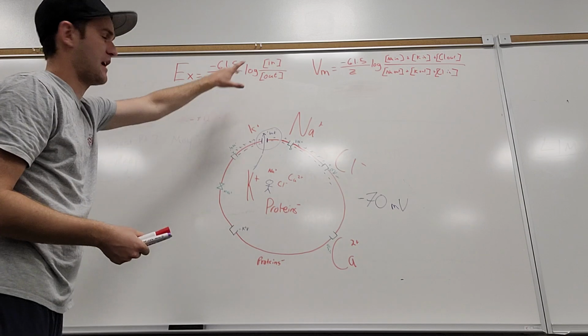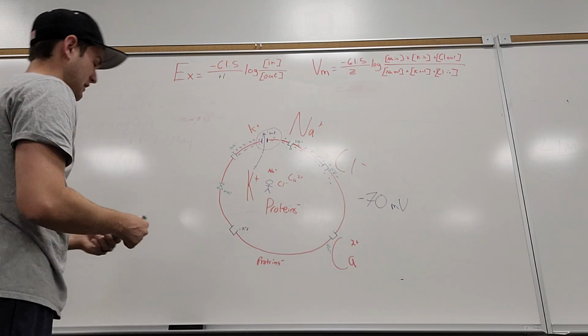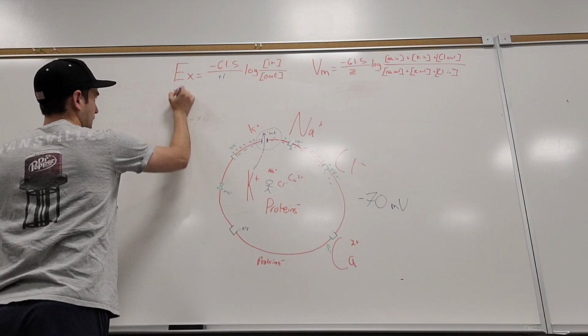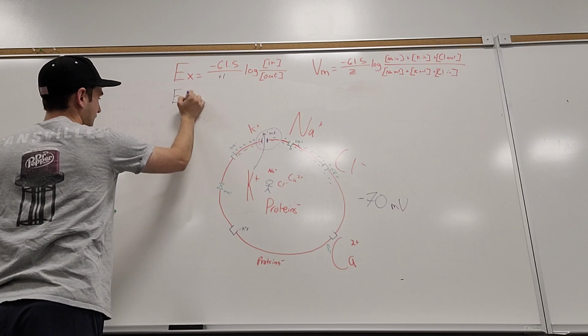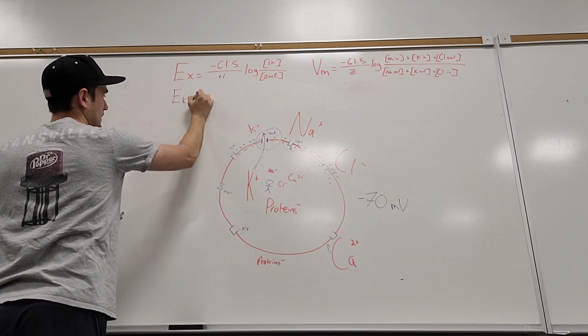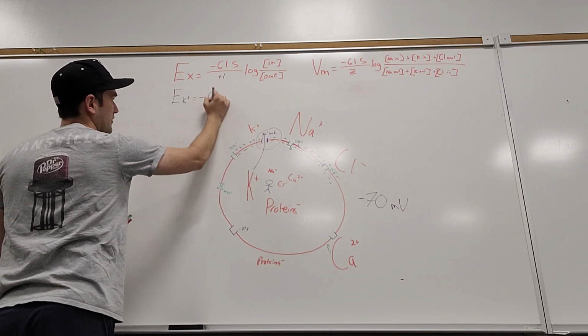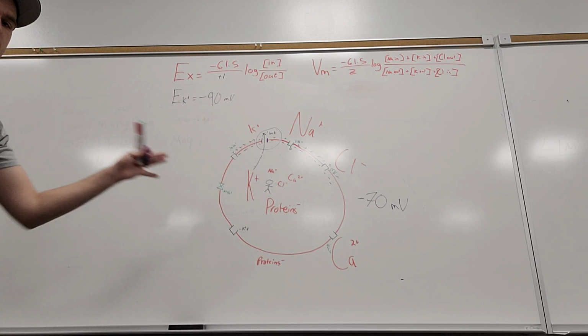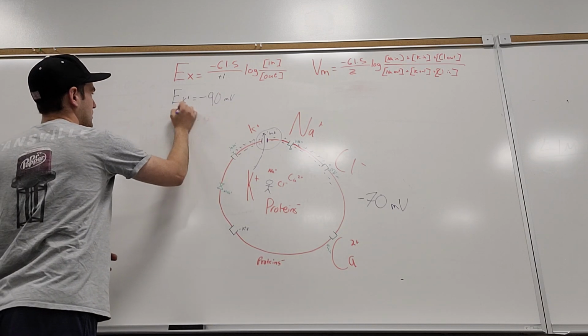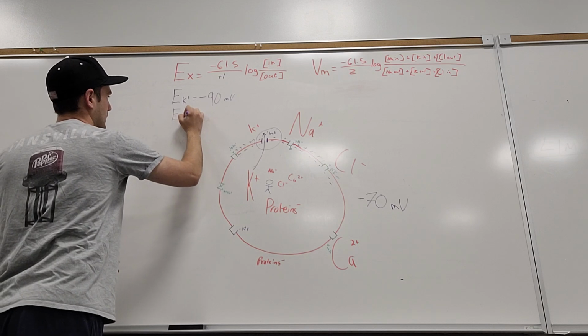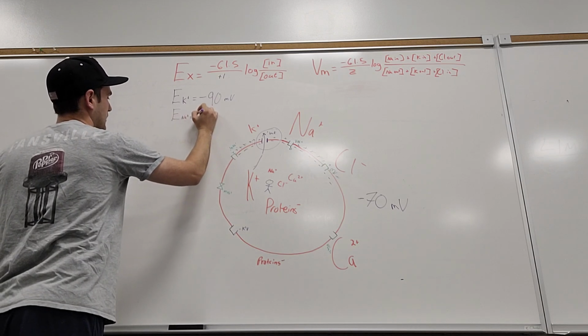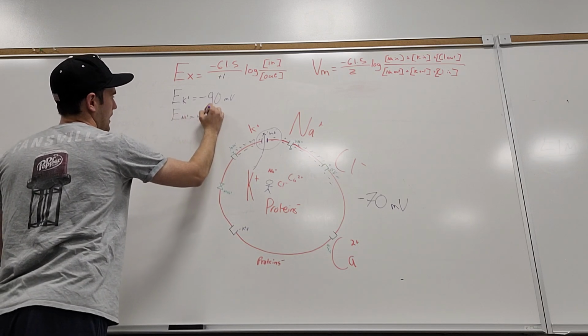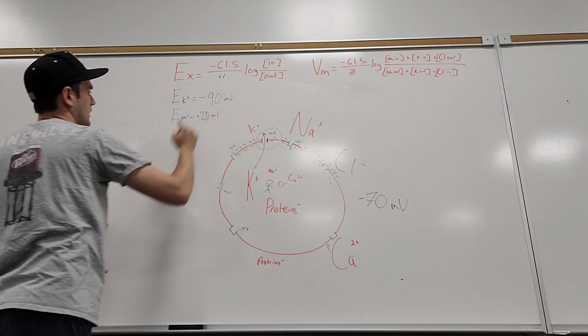I can't remember the exact concentrations for potassium, but essentially our Nernst equation for potassium is going to be right around negative 90 millivolts. Okay, and if we were to do it for sodium, our Nernst equation for sodium is going to be right around a positive 20 millivolts. Okay,